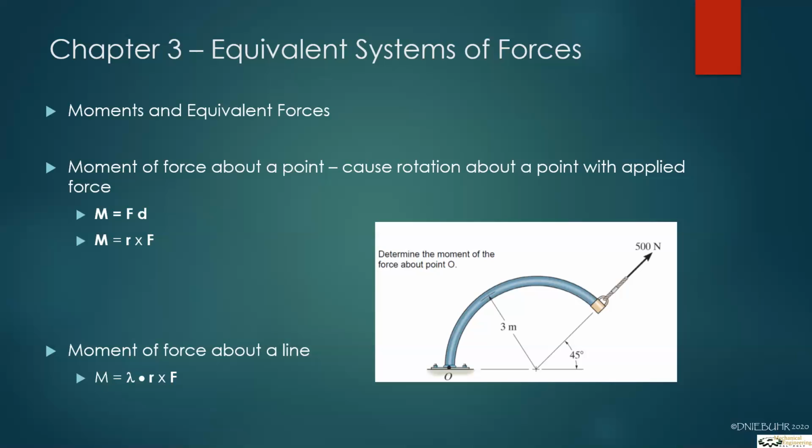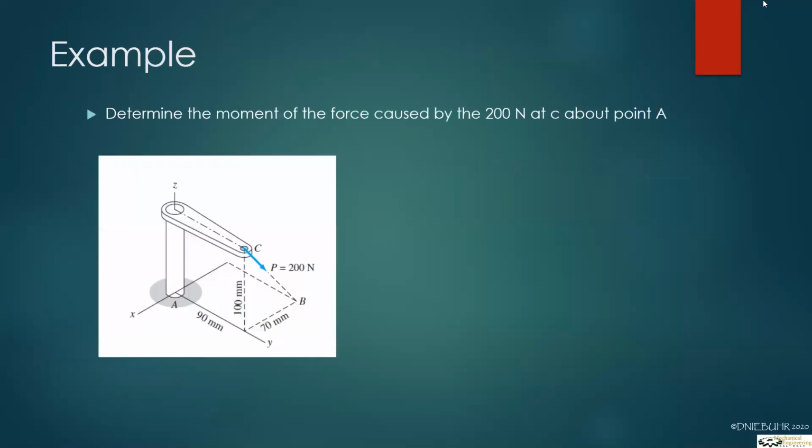Now, I did put up a fairly easy example here. If we look at this one, it says determine the moment of the force caused by 200 newtons at C about point A. So there's point C and point A. In a problem like that,